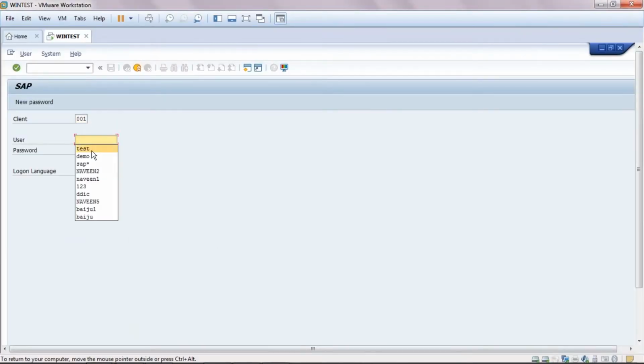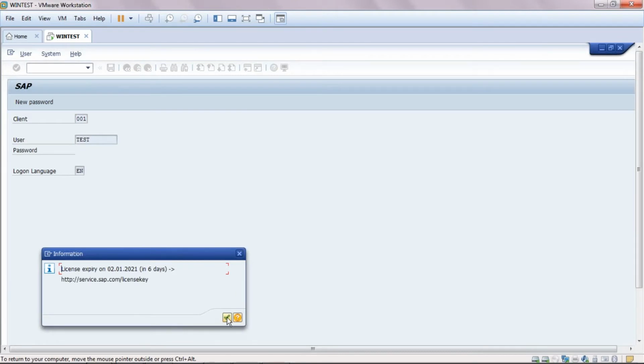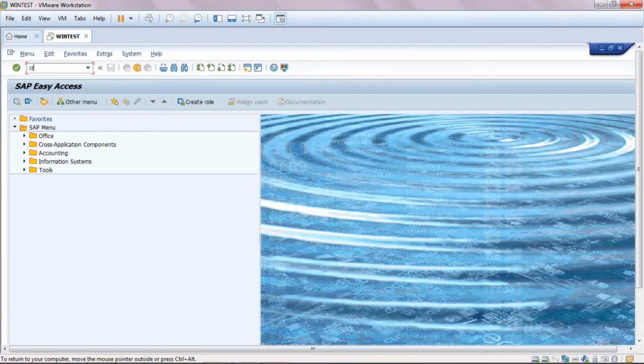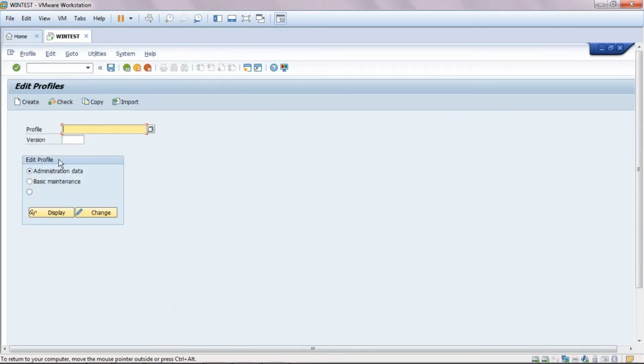First of all, we'll log into client 001 with the user ID. Now we try to change the value. The transaction code we discussed is RZ10. Here it shows profile, version, administration data, basic maintenance, and extended maintenance. Whenever you log into a system, you always have to import profiles of the active server.